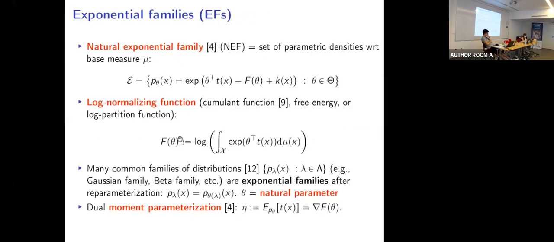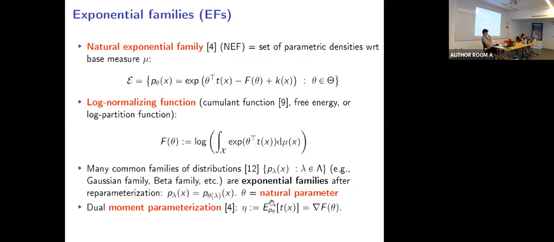So actually, if you take a lot of common distributions that we use in probability, like the Gaussian family, beta, gamma, Dirichlet, and so on, they are exponential families once you express the usual ordinary parameterization in the natural parameter parameterization. Okay, and an exponential family admits a dual parameterization that we call the mean or moment parameterization, which is written here